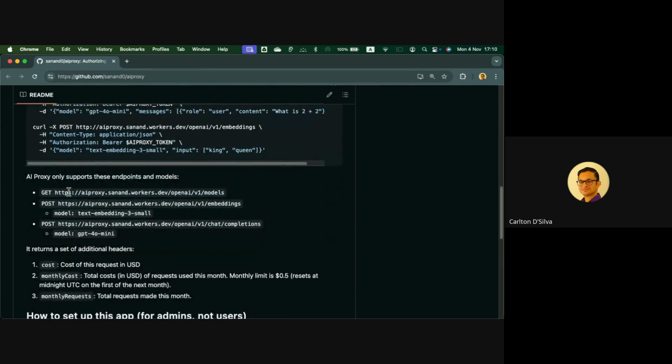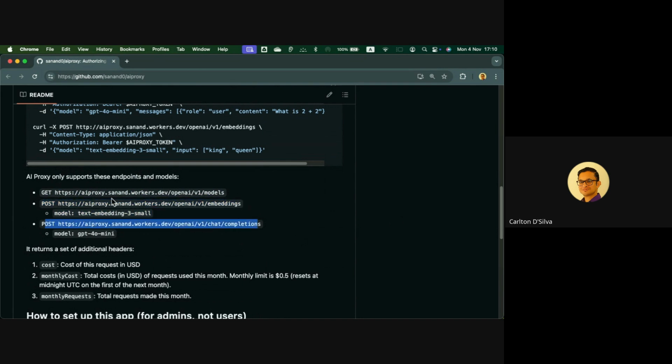If you scroll down here, you'll see you can do some GET requests, and it tells you what kind of models are available. This will be useful in your GA5. There are some POST requests that you can send. Again, these will all be useful things that you will need.